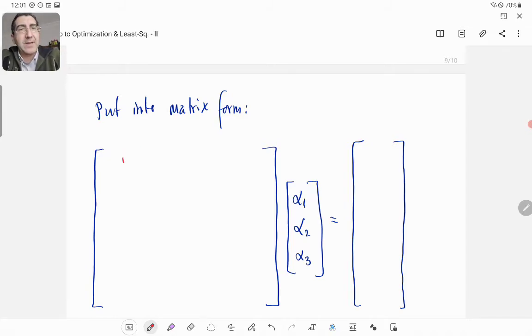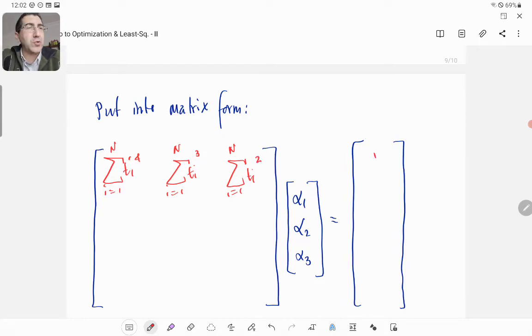So I will have here summation i equals 1 to n ti to the power 4, right? i equals 1 to n ti cube, i equals 1 to n ti squared, and that is equal to, on the right hand side, i equals 1 to n ti squared fi,